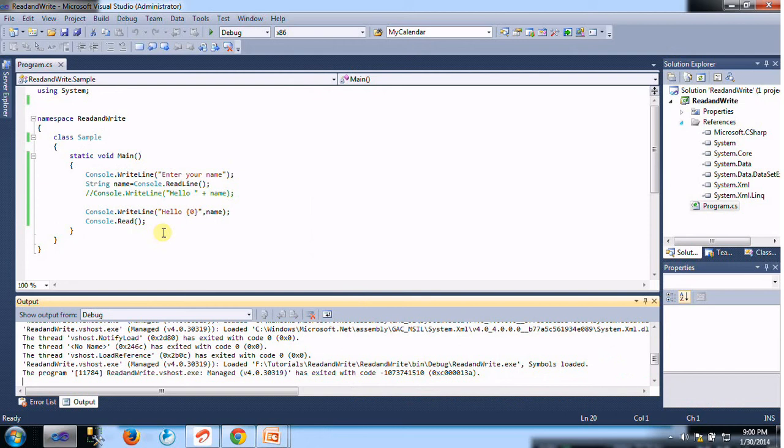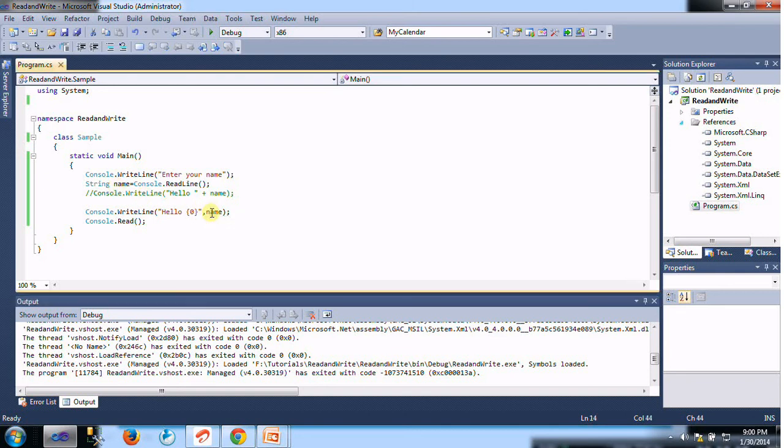The next point about console applications is that a C# program is case sensitive. Let's quickly look at this. Here I have the variable called name and I just change the case to uppercase. What's going to happen? It's showing an error. It will not be built because the case was changed. The error message says the name does not exist in the current context. It makes sense, so we cannot change the case.